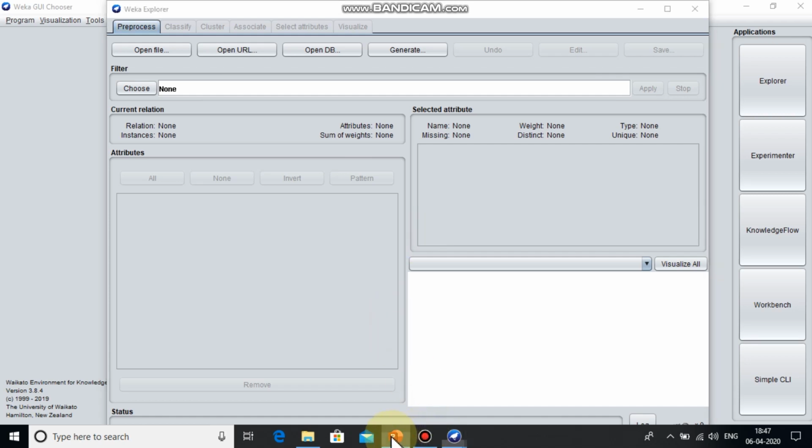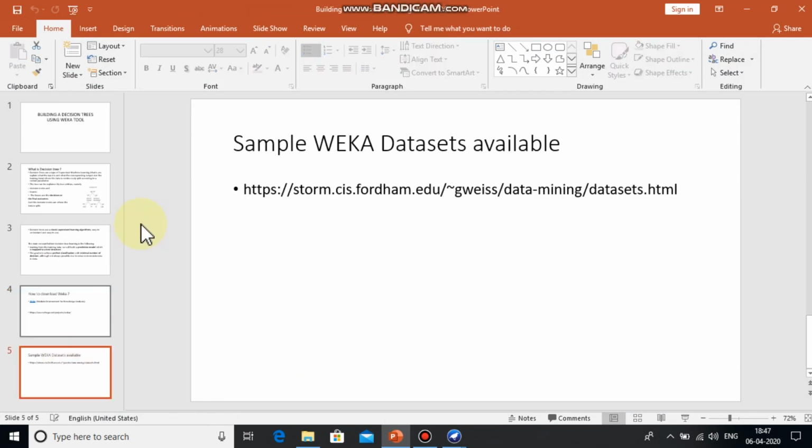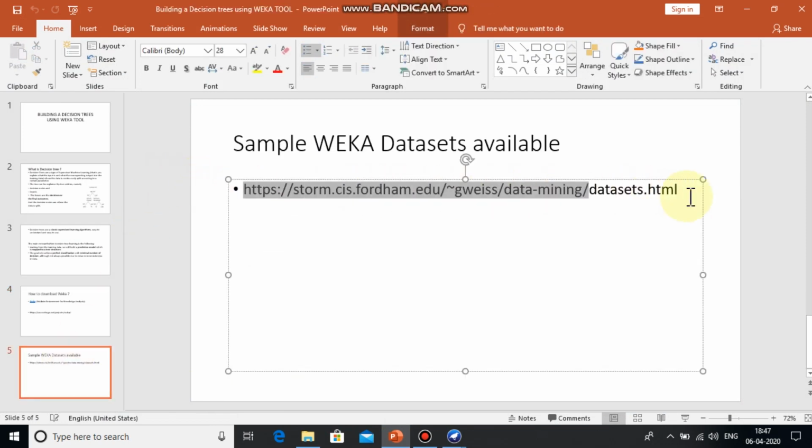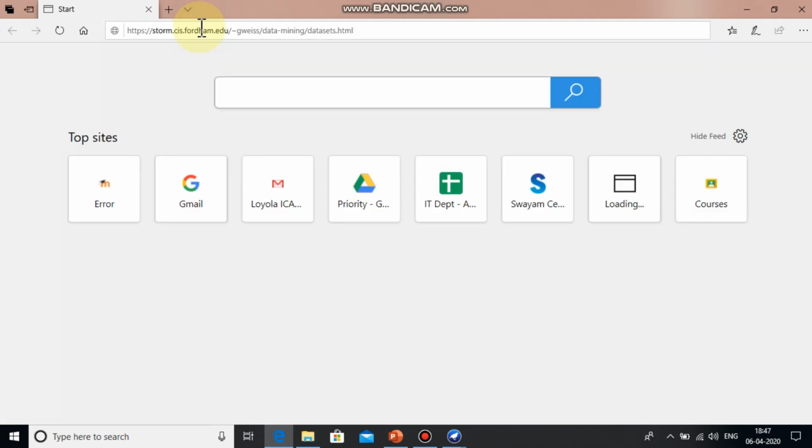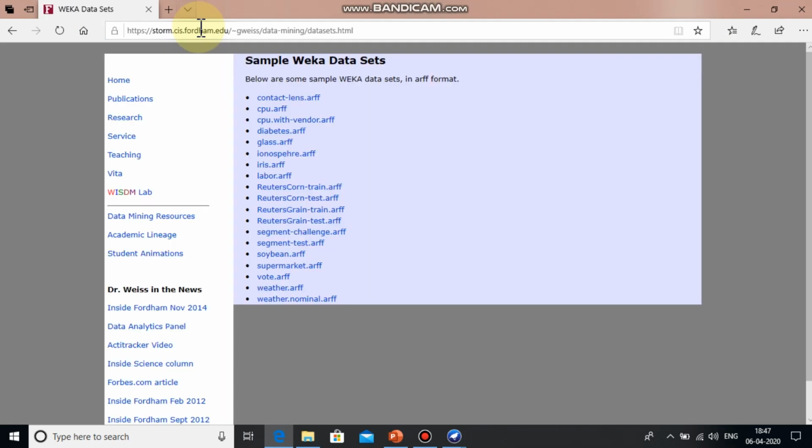In the PPT, I have given an example where we have the Weka sample data sets. Copy the URL and open it in the browser.